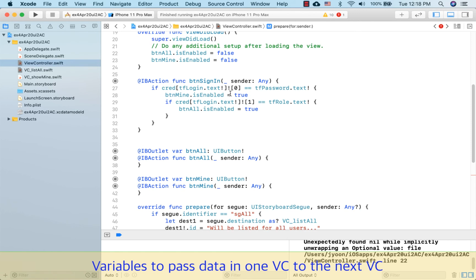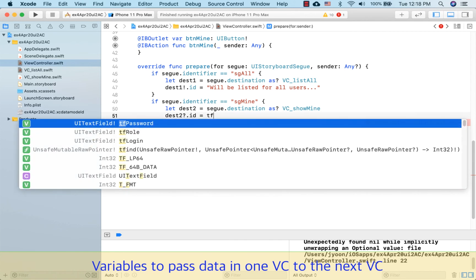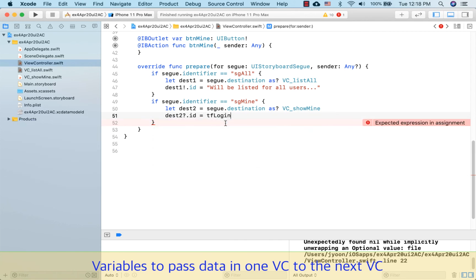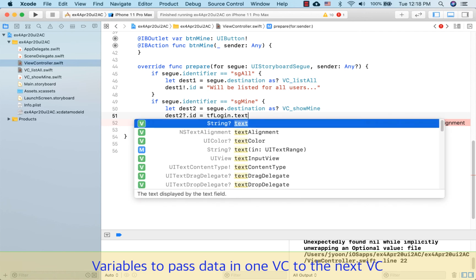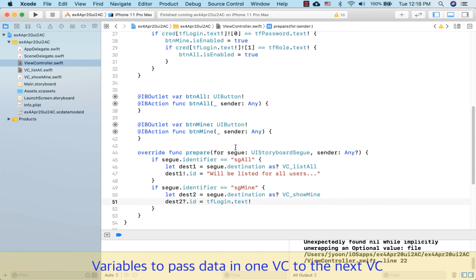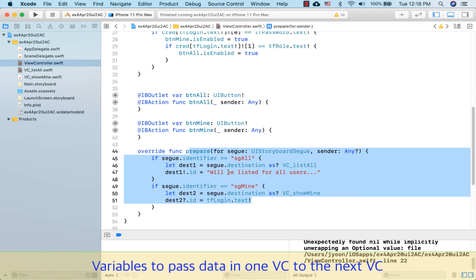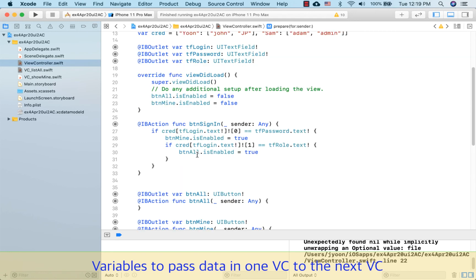User here tf login, so that's tf login dot text exclamation. So I have this the segue settings, and then the value to pass to the next view controller independently, selectively, and turn on buttons